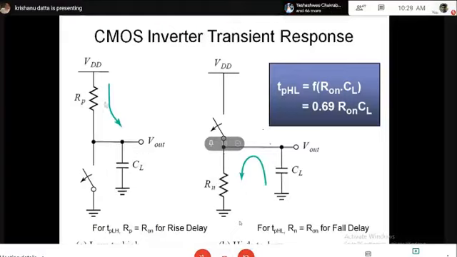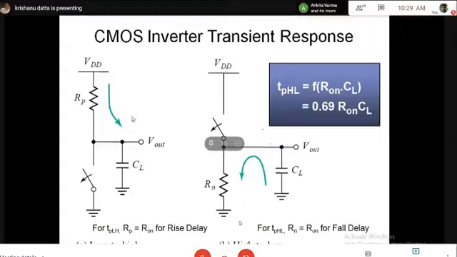Okay, and the delay comes from the fact that there is an RC time constant. Capacitance always takes a little bit of time to charge up. Now, if you see the right hand side picture, it is exactly the opposite scenario where input went from 0 to 1. Now PMOS is off and NMOS is on. So NMOS is modeled as a resistance. So what will happen? The capacitor will now discharge. And there is an RC time constant, and because of that, there will be delay.